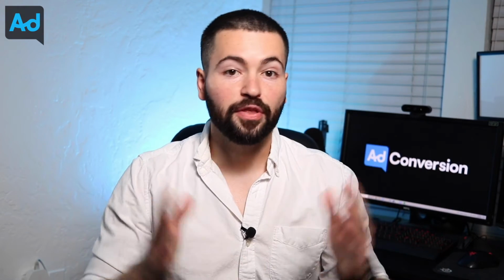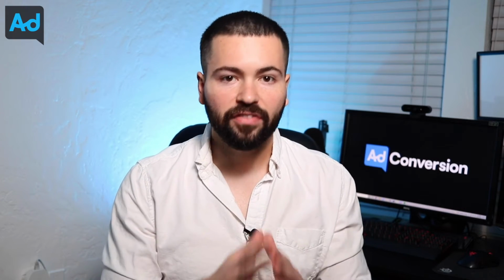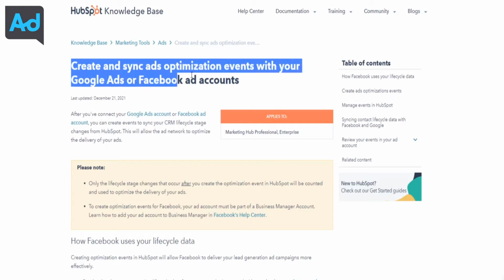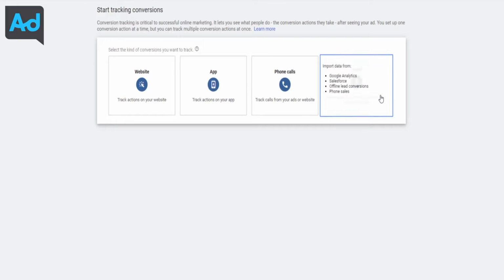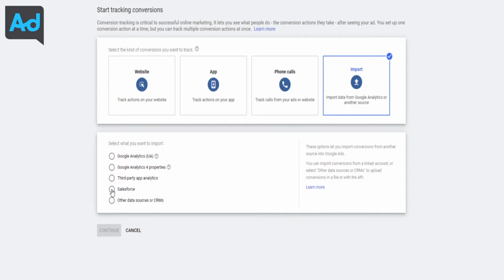Now, there are multiple ways where you can track offline conversions and import that activity into your Google Ad account. If you have HubSpot, it makes this really easy. They integrate with Google Ads and you can very easily import your CRM events into Google Ads in real time. The other one is using Google Ads' Salesforce integration. You can connect Google Ads to your Salesforce instance and be able to import your CRM events into Google Ads